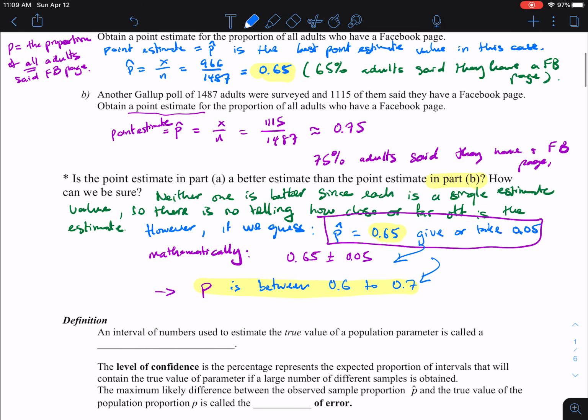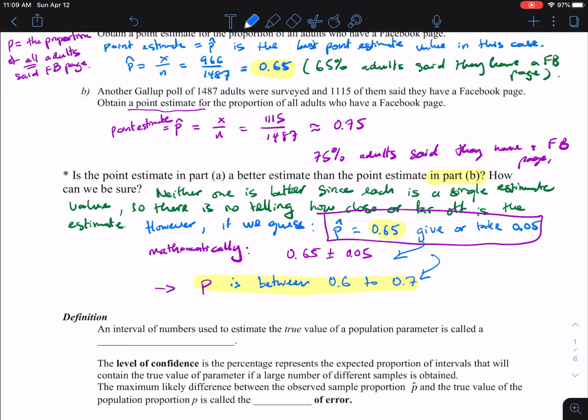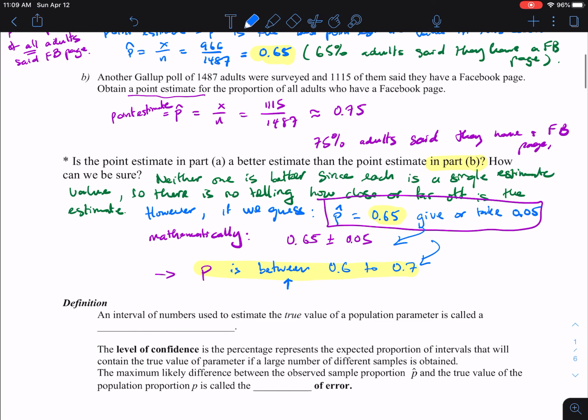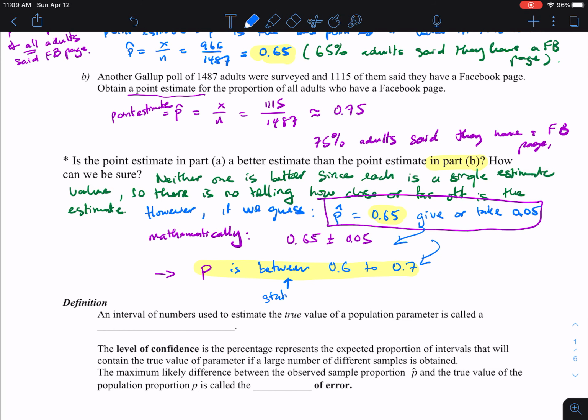So this is our technique in this section, constructing this range of values. And statistically speaking, we can estimate that answer with a certain